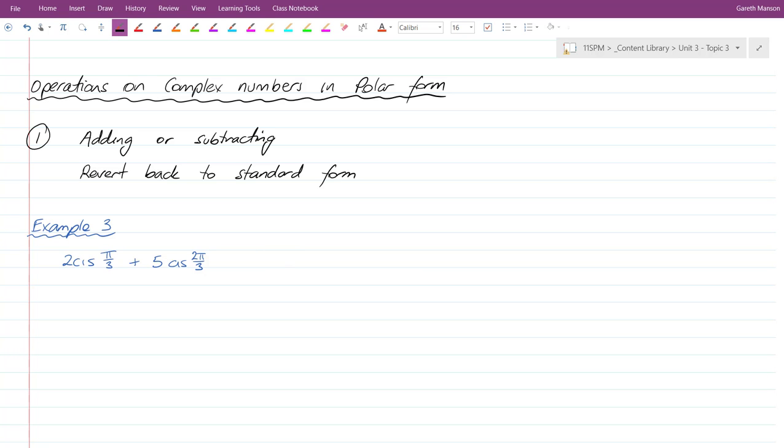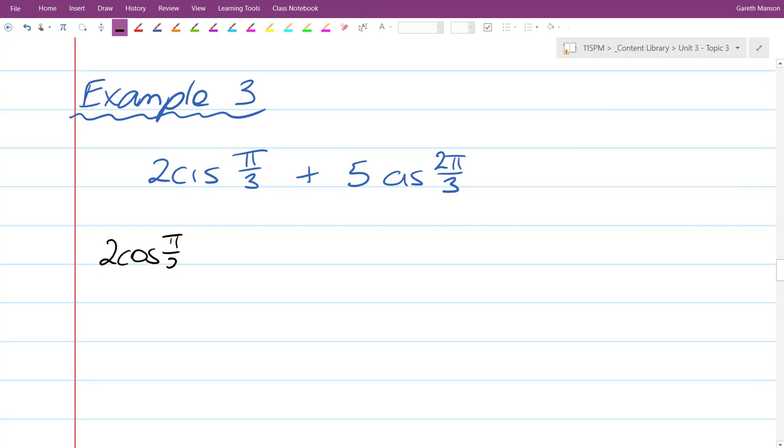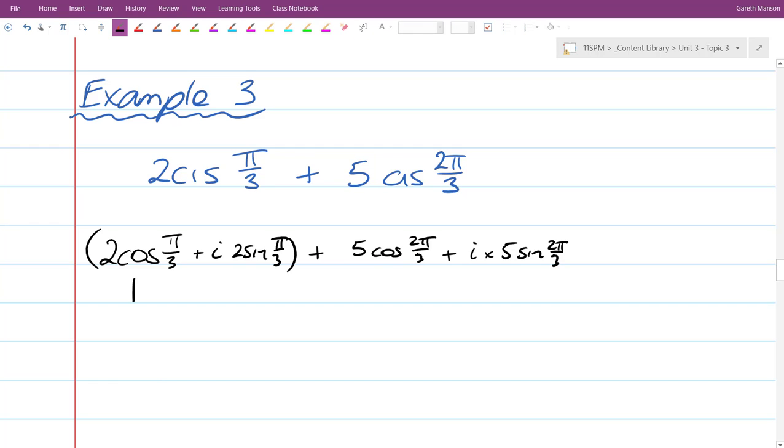So I would write this back as 2 cos pi on 3 plus i times 2 sine pi on 3, and then plus cos 2 pi on 3 plus i times 5 sine 2 pi on 3. So cos of 60 is a half, and 2 times a half is 1, so it's 1 plus 2 times root 3 on 2 is just root 3, 1 plus root 3i, and then cos of 2 pi on 3,